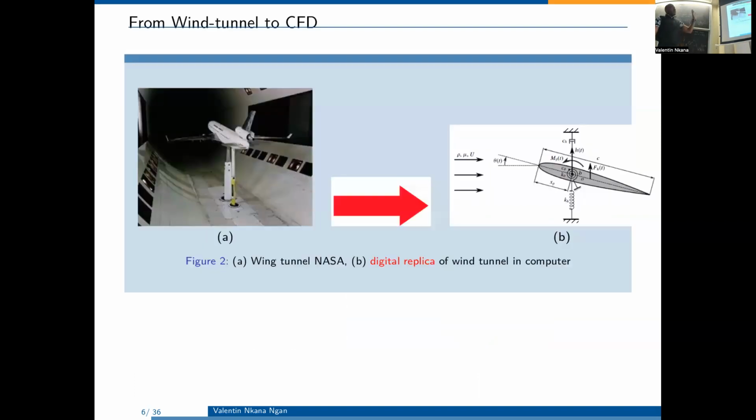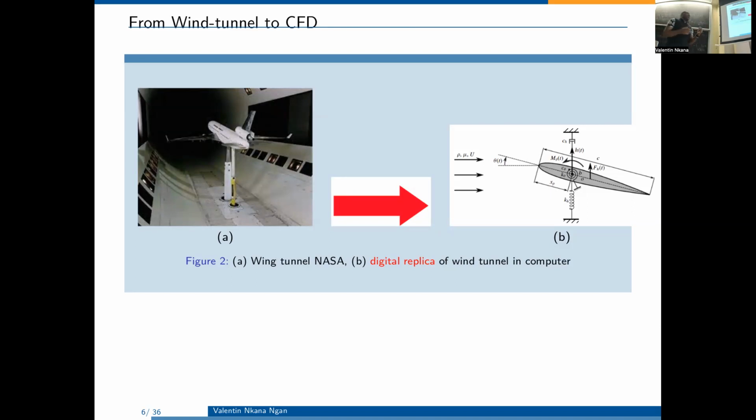So, from experiment to simulation. In the past, researchers used what we call the wind tunnel to do experiments on the flow passing an aircraft. But to put all the ingredients together and have the setup of the wind tunnel is not easy.